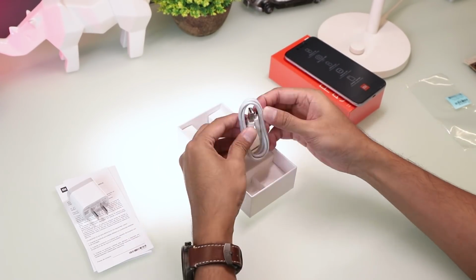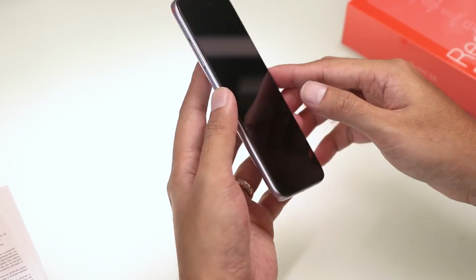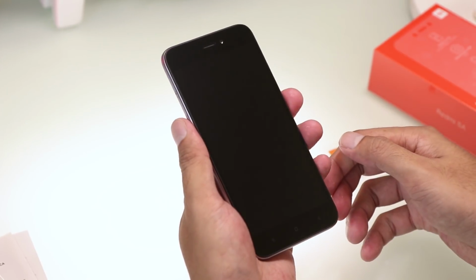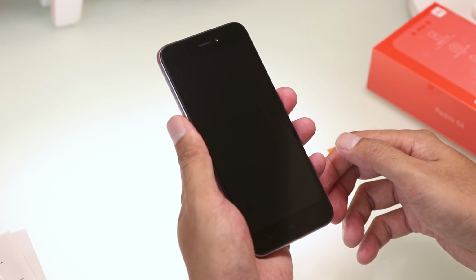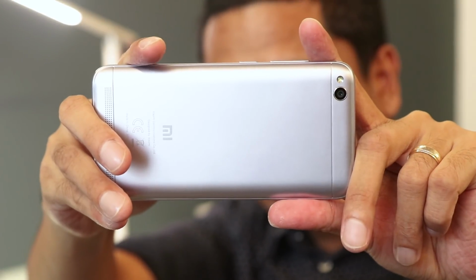Performance-wise, the Redmi 5A is without a doubt one of the best in its category. It also has an excellent display, a plethora of useful shortcuts and features, and a decent performing battery. Unfortunately, the king will have to give up its crown when it comes to camera performance, as it falls short